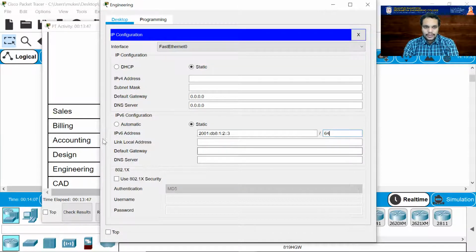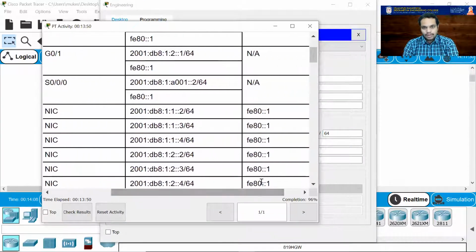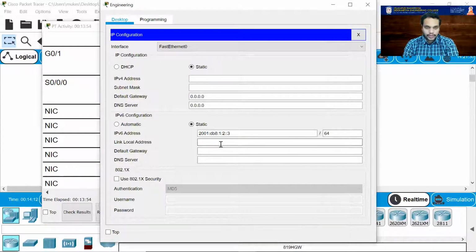The default gateway remains the same, but try to do the copy pasting rather than typing in, because with one small space or some mistake, it takes a long time to check each and everything back. To troubleshoot, it's a big headache with address and configuration. So even when you're doing it for the first time, spend a little bit of time, do it properly.